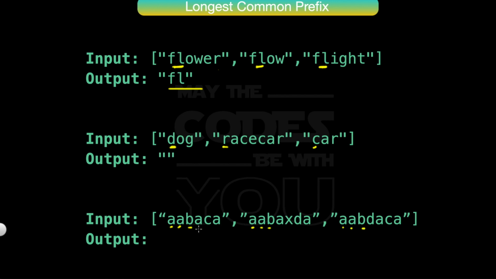Now let's see this one. This A is common. Okay, it is common here also. But as you can see, the last element has D, so our longest common prefix will be AAB. So this is A, B.